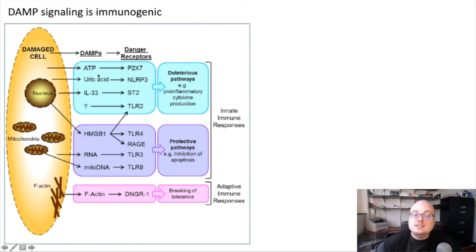The point of this slide, again, is not to memorize all of these DAMPs and their receptors. What I want you to appreciate here is that the release of DAMPs is going to influence the immune system in a way that's very different than a cell that dies via apoptosis. So these danger-associated molecular patterns change an immune response in a way that is going to be really important for making sure that we control infection in a really targeted way. And in fact, we know now that the release of DAMPs is a really important feature for controlling particularly viral infections. So this process is really important, and is a way that cell death ultimately contributes to the innate immune response.